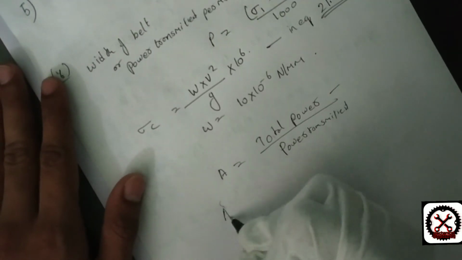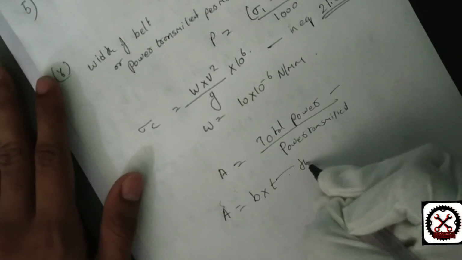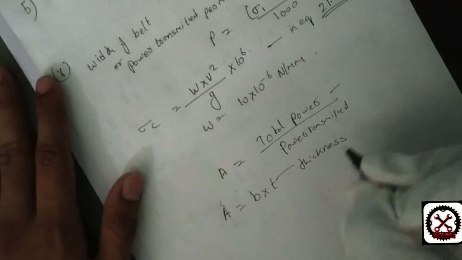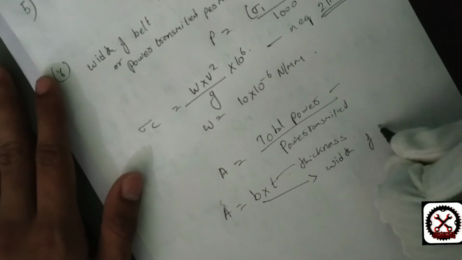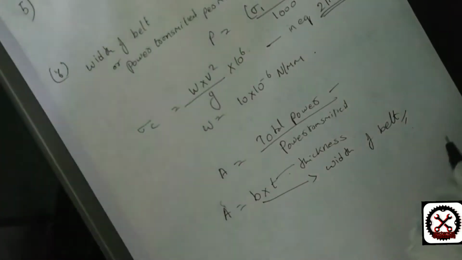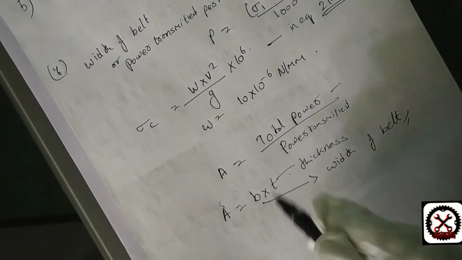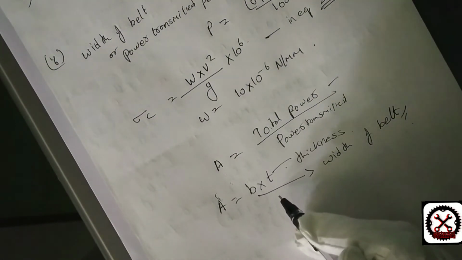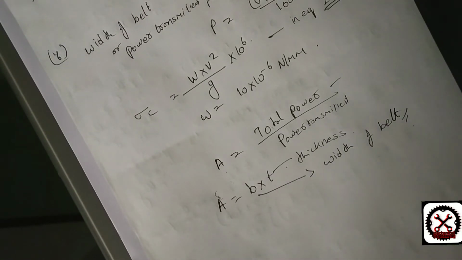Cross sectional area is equal to B into T, where T is thickness, B is width of the belt. After that, they might tell you to find the width of the belt in the question. After finding the width of the belt, we have to select the value from the standard table of standard width of the belt dimensions, that is given in the page number